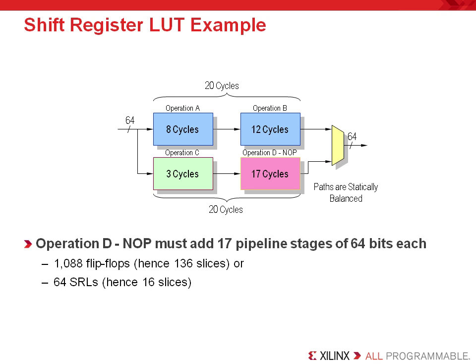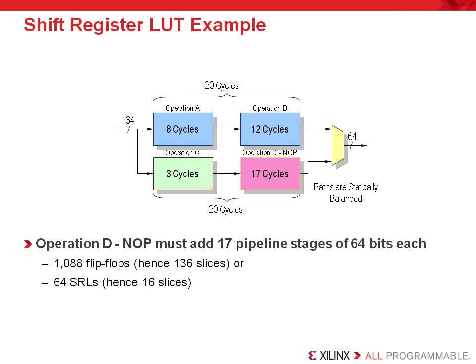Now, this is an example of the use of a shift register LUT. The SRL again can be used as a programmable delay element or a no operation, or no op. In this example, you see a 64-bit bus being processed through operation A, B, and C. A has a delay of 8 cycles, B has a delay of 12 cycles, and C has a delay of 3